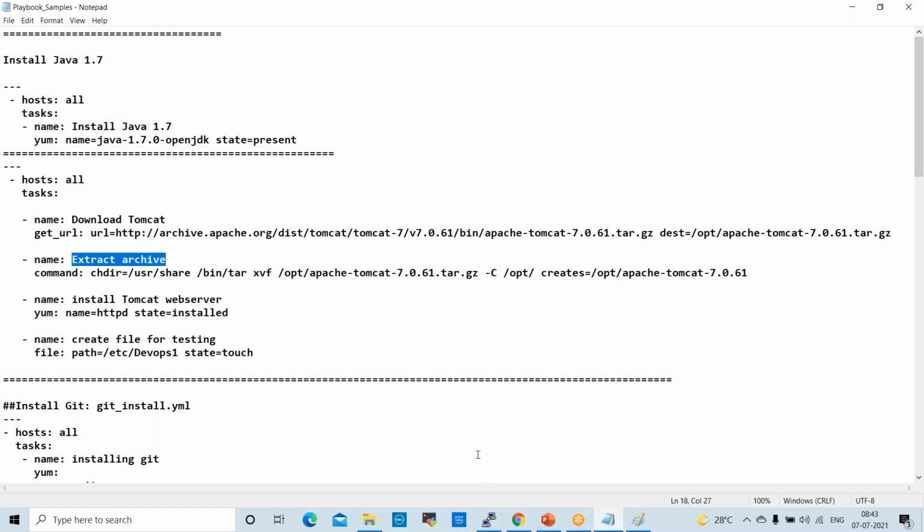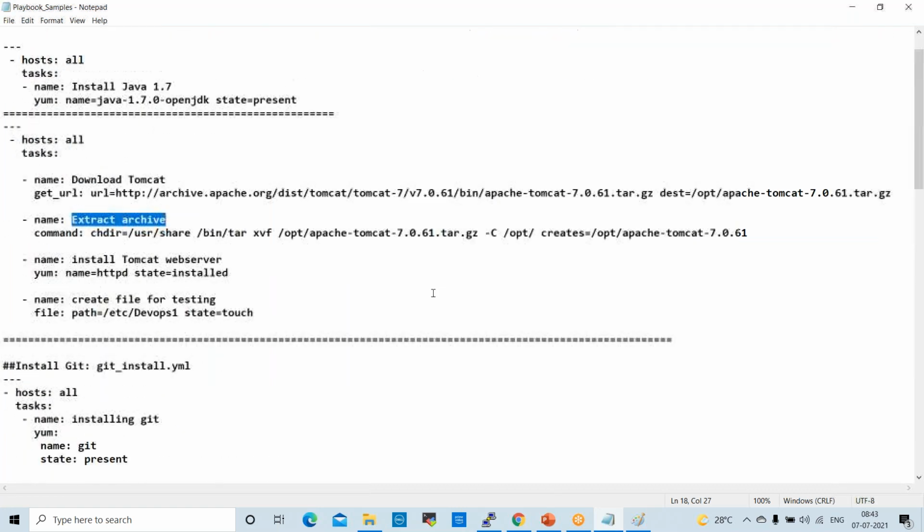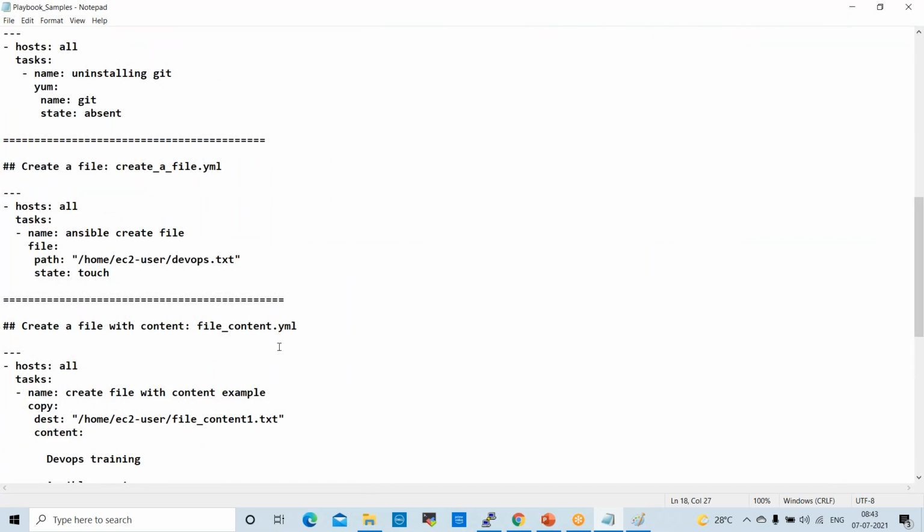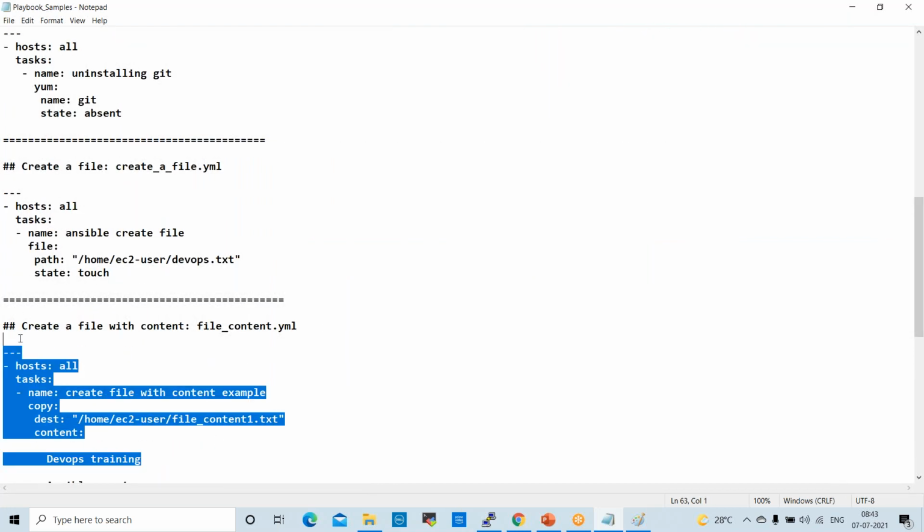Whatever playbooks I provided, those are sample playbooks, right? So you can copy paste into this document and customize and try your own playbooks, so that you will get some issues. By the time, you will understand how the playbook is working. You can search in Google or Ansible Galaxy or modules, pick that and customize.